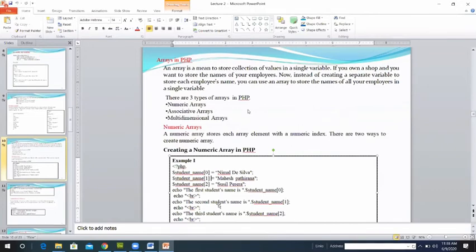Can you understand how to write the numerical array? At the beginning, you want to define the three arrays using numerical index. Then you can display the output with whatever text you want, the first student name or the second student name, within double quotes. Whatever you write within double quotes will display as it is, then the dot operator and the array variable name.